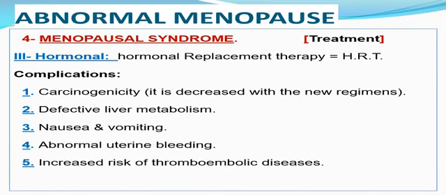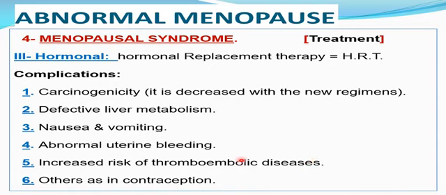The lines of hormone replacement therapy, mainly containing estrogen, lead to many complications like carcinogenicity, defective liver metabolism and impaired liver function, nausea and vomiting, abnormal uterine bleeding, increased risk of thromboembolic disorders and pulmonary embolism and cerebrovascular disorder,